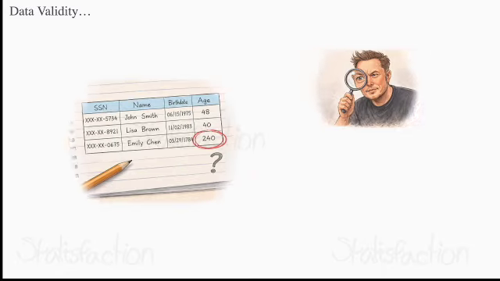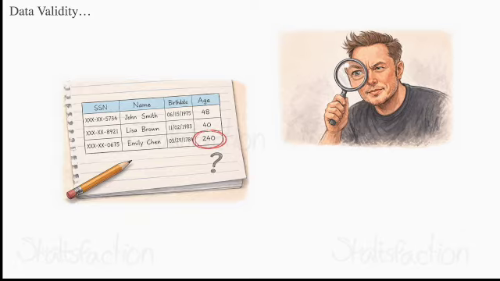Imagine how Elon Musk would react if his team discovered an age of 240 in an SSN record. Setting aside his reaction, the data's validity would immediately come into question. It's either a serious error or outright fraud. Also, don't dismiss these as rare or extreme cases. We have seen situations like this in recent history. Whether fraud or error, data like this can completely derail your machine learning efforts.